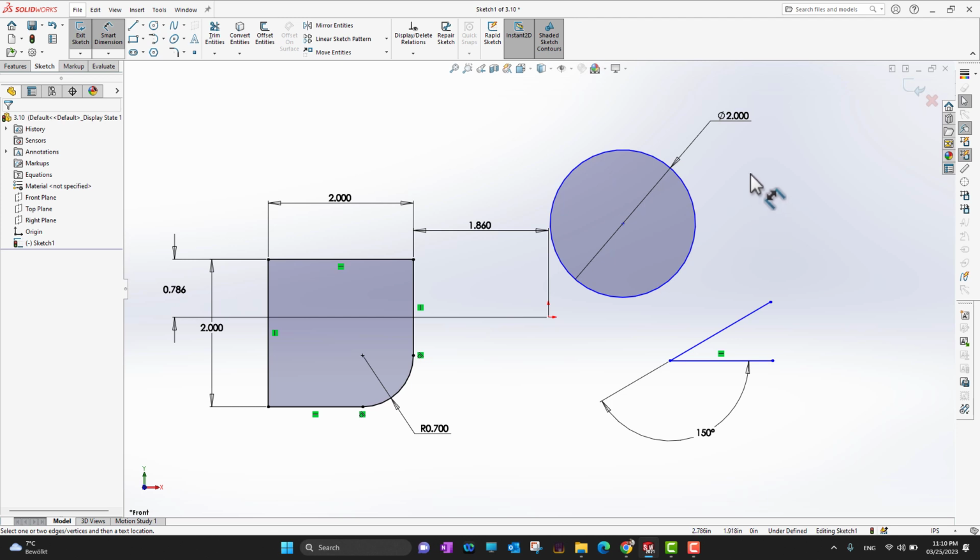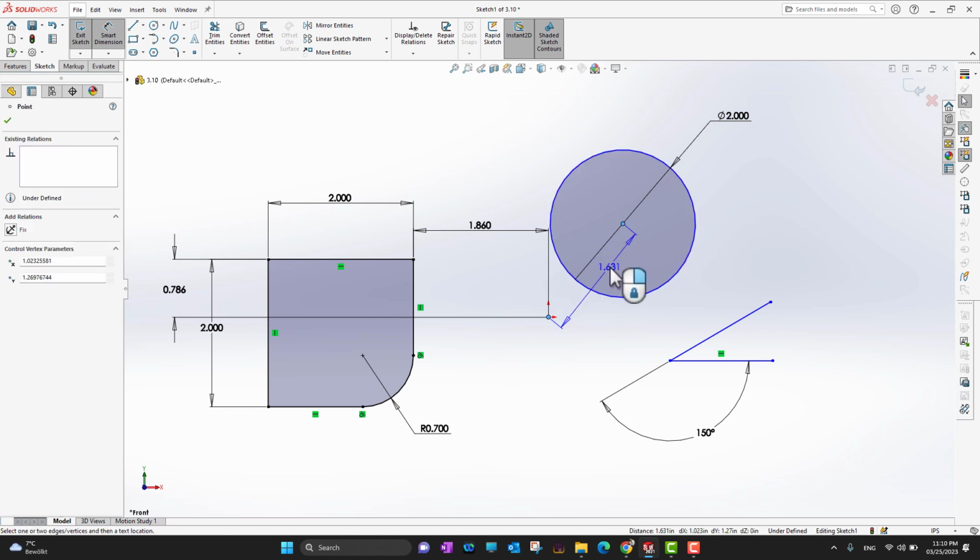Okay, so the diameter is defined, but this is not turned black. So there are a few other dimensions which we can add. Suppose we add it from here. If you want to add a dimension as a straight line from this point to the center point of the circle, you can add this. If you drag your mouse in this direction, it's going to give the straight vertical line between this point and this point. Or if you bring your mouse here, this is going to give the horizontal distance between this point and that point. So let's say